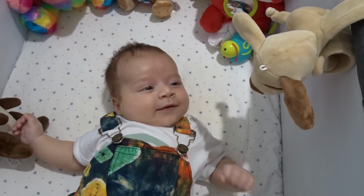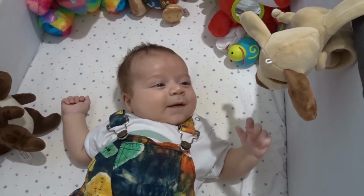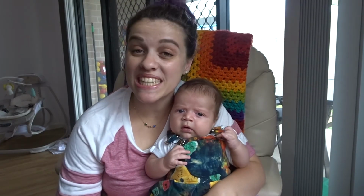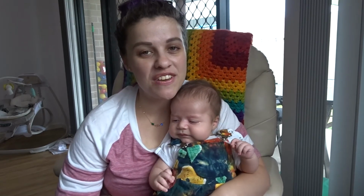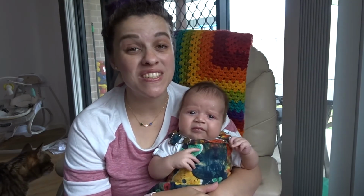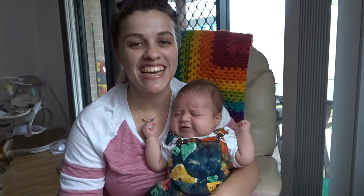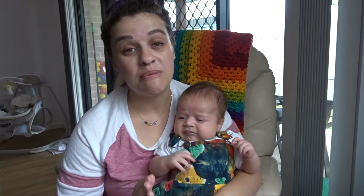You love that puppy dog, don't you, buddy? Yeah. So if Finn's not in the playpen and the swing or sleeping, then we're generally here in the rocking chair because Finn is needing a feed. He's doing so well. He's putting on 200 grams a week, which is fantastic. And he's nearly up to 6 kilograms, which is lovely. It's so nice to know that he's putting on a healthy amount of weight each week and that my milk